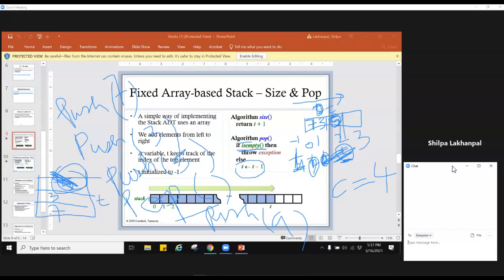So the moment we have popped something, T moved to 1, you can technically simply erase 5, indicating that 5 is no longer there. And then you have pushed 9, so 9 is going over to that location over there.